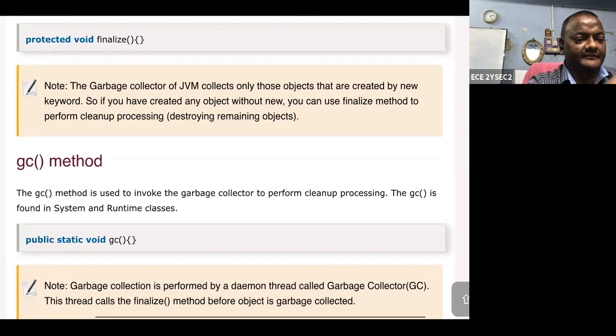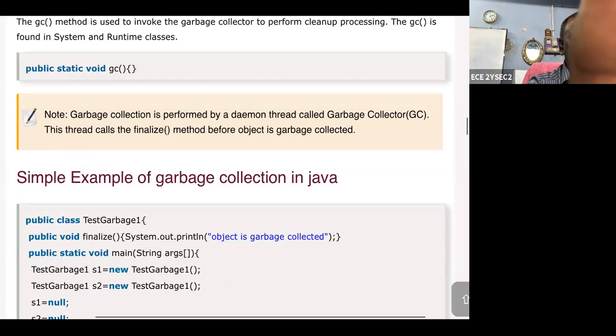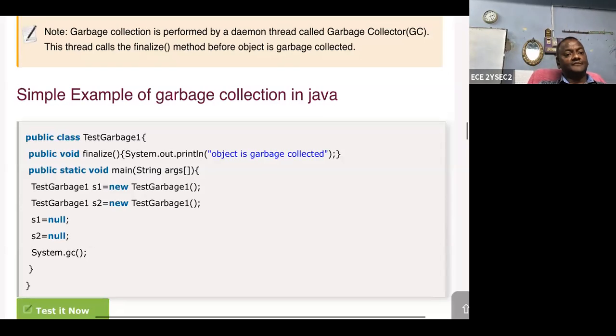I will give one example to all of you, called garbage collection in Java. Let us take the class name TestGarbage1. What is the object?